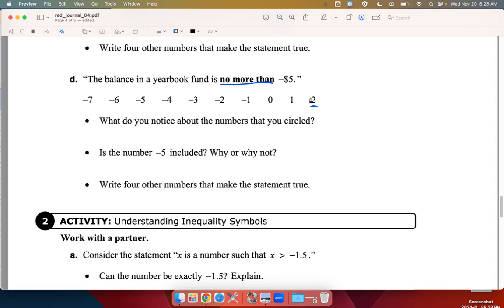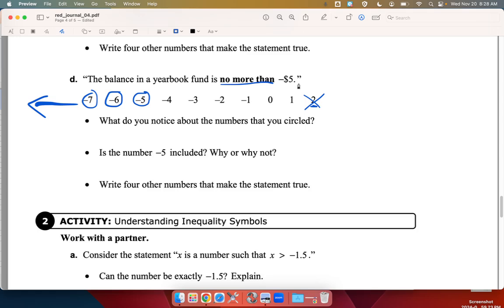No, $2 is more than -5, and we don't want that, so that doesn't work. So then what we're talking about is, for whatever reason, the yearbook fund, well, it's either -5, -6, -7, or any other numbers this way. Any numbers less than -5, because when it's no more than -5, in class I talk about it, and